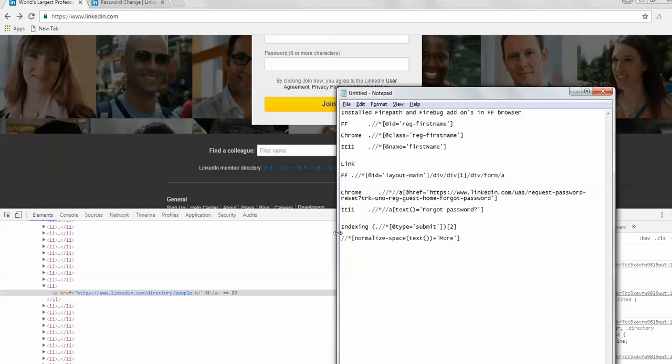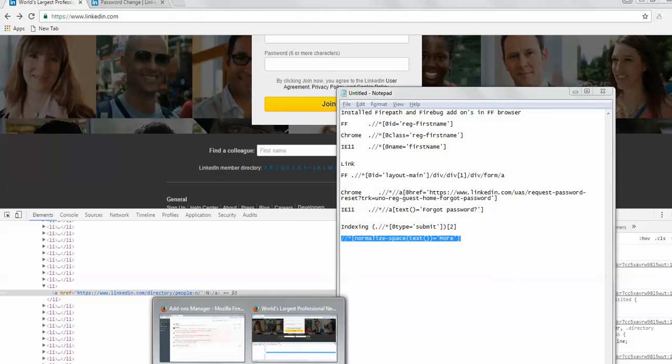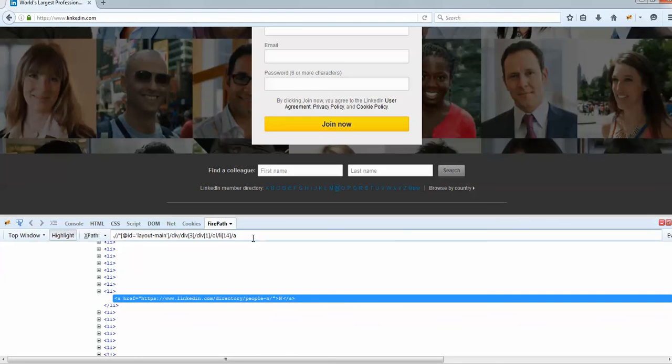So starting from the root, it will check for something which has got text more. Copy this, come to your Firefox and see if it is working. Now we are expecting more to be highlighted. Yes, it did. So this is one more easier way. But if you have two or three more in the same page, with this kind of text, it will identify three matchings,